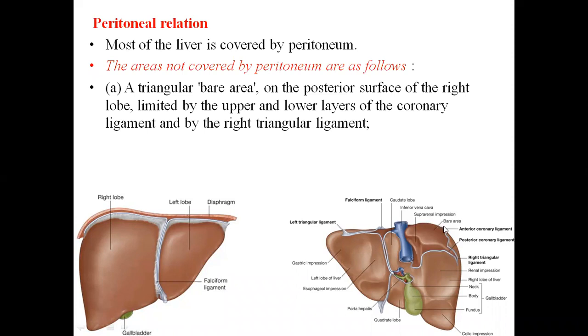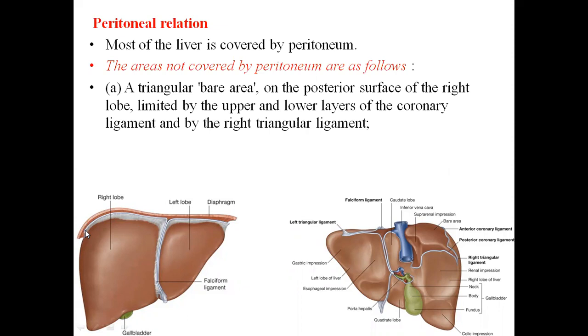This is the right layer or the anterior layer of the ligament that is attaching to the liver. This is the anterior layer on the right. This is the left layer, or here again it's anterior layer. Now I said that there is an anterior layer, so there should be a posterior layer as well. What happens here is the anterior layer goes, we will first see the right side, to the right and it reaches up to this point, right?